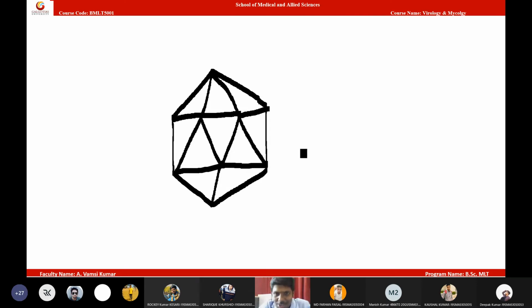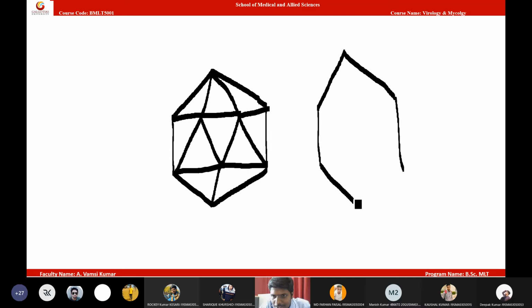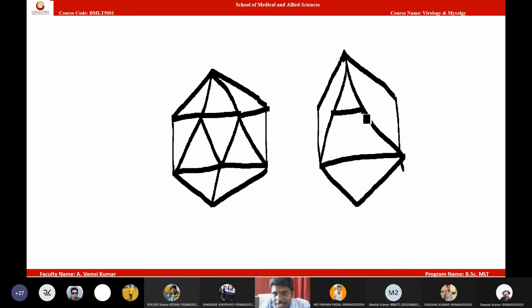I will draw again. Kindly watch. First I draw two lines. Then I connect them with the alphabet A and alphabet V on top and bottom. Then I have drawn an elongated triangle inside like this. Then I have drawn another inverted triangle inside the triangle. Then I have connected the corners of this triangle to the hexagon.